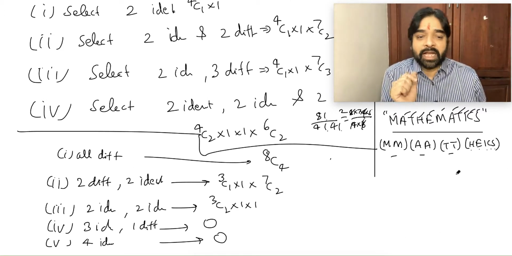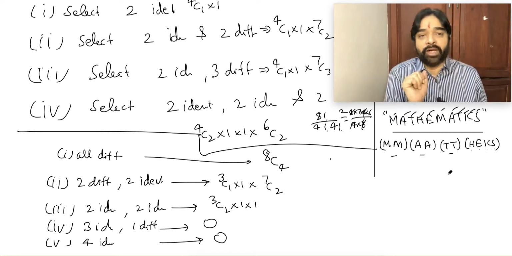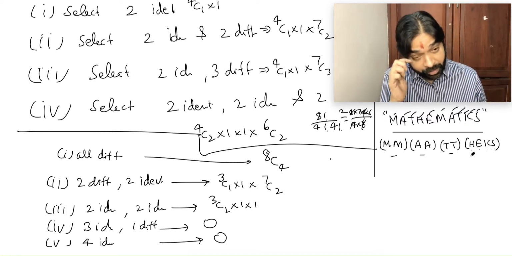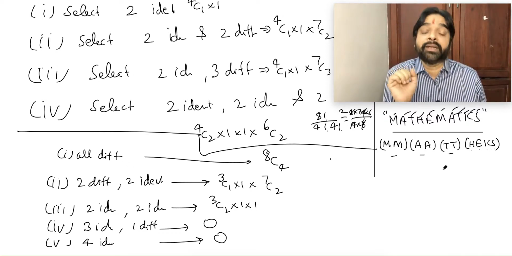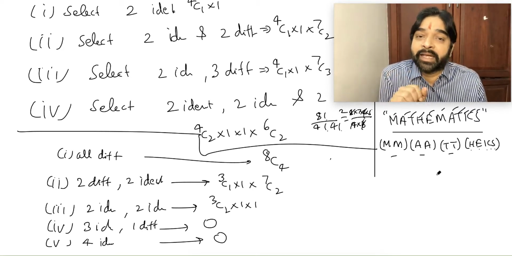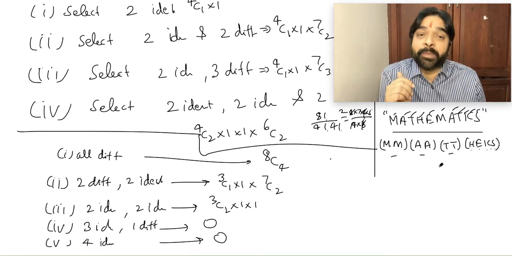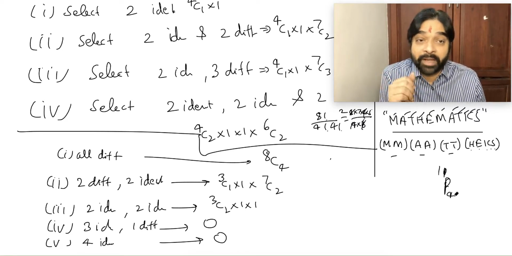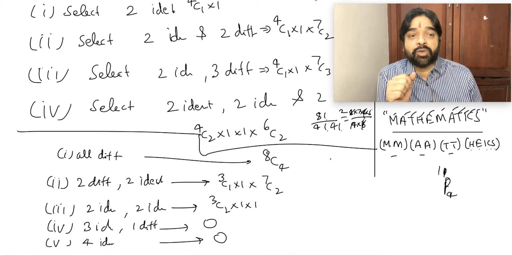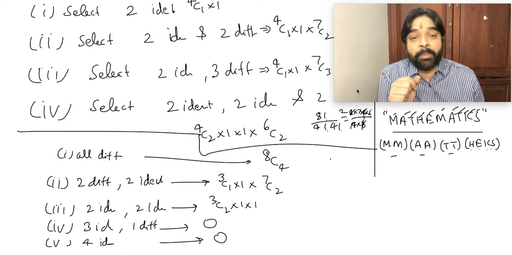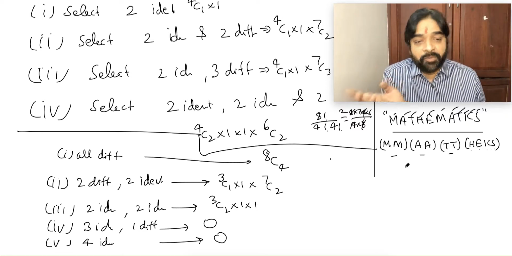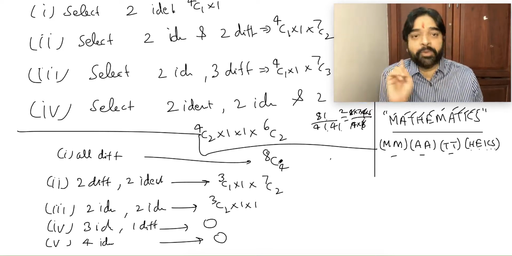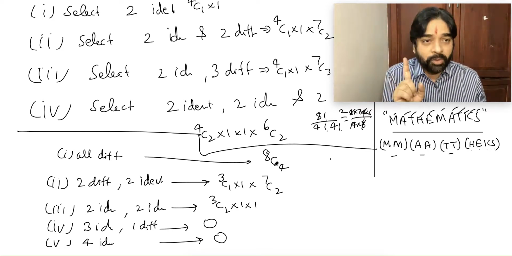Now in this question, I ask you: in how many ways can I arrange 4 letters out of how many letters? Not 8. 9, 10, 11 letters. Out of 11 letters, in how many ways can I arrange 4 letters? If all 11 were different, I would directly say 11P4. But now I cannot apply that because this is a mixed set of objects. There is so much mixing. But we have to arrange. So it's very simple. First select, and I have already selected. Now I have to arrange also.